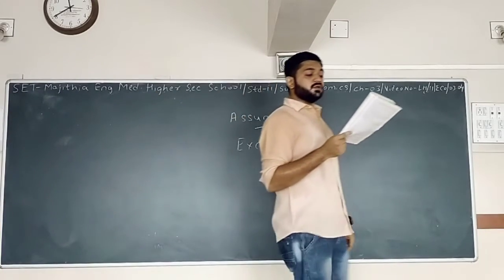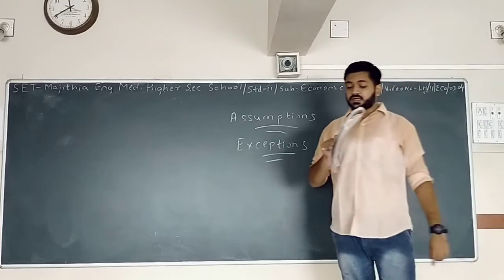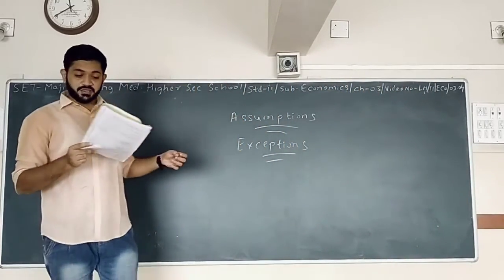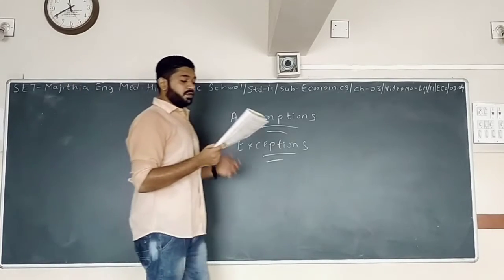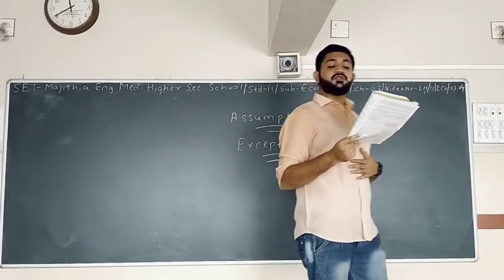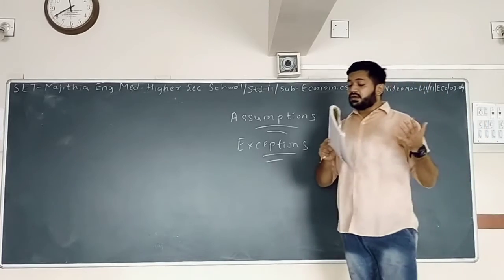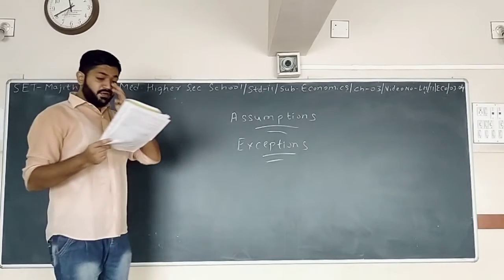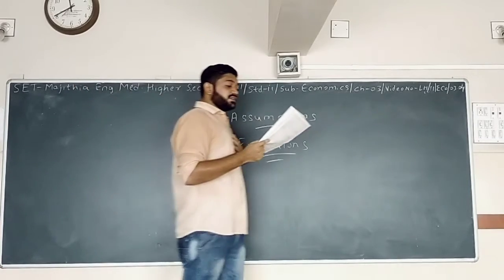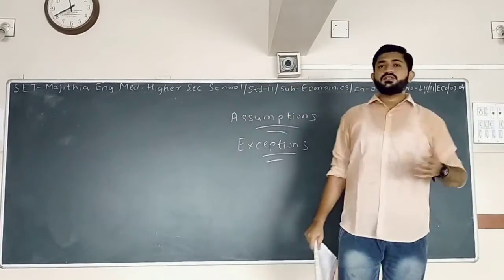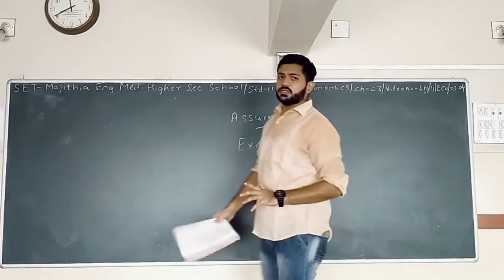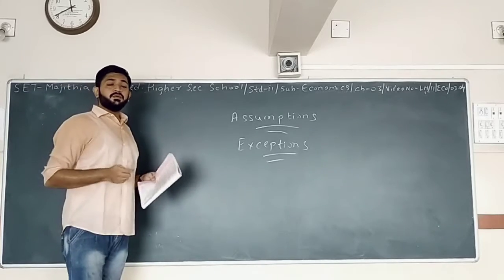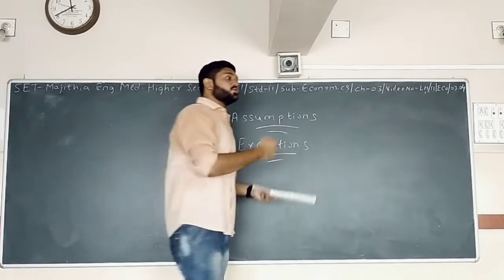Such goods are necessary goods purchased by the low income group. For example, a person with low income purchases jowar bajra. When the price of jowar bajra falls, the real income of the consumer tends to increase. Hence, he or she will reduce the consumption of such goods and purchase more of the superior goods. Another example is vegetable ghee and pure ghee. So if the price of a certain good falls and my income is increased, I will move from inferior goods to superior goods.